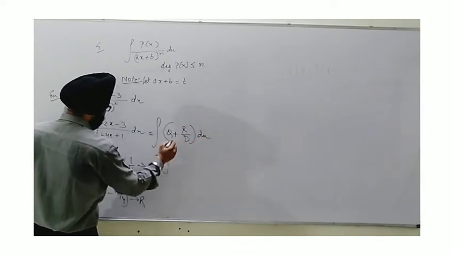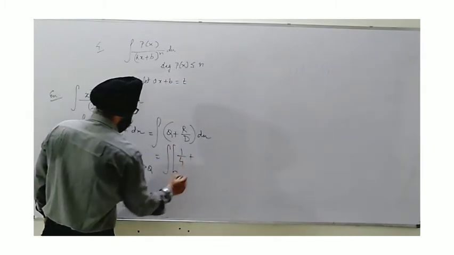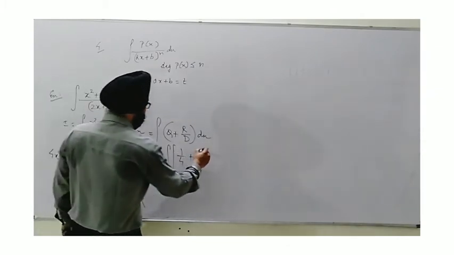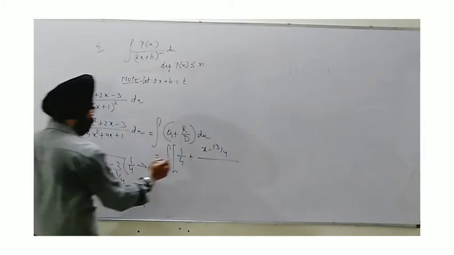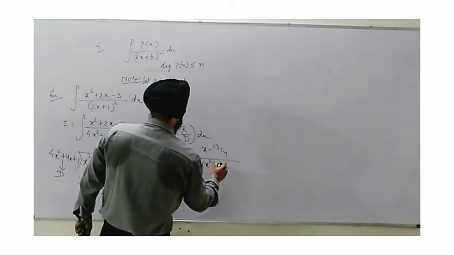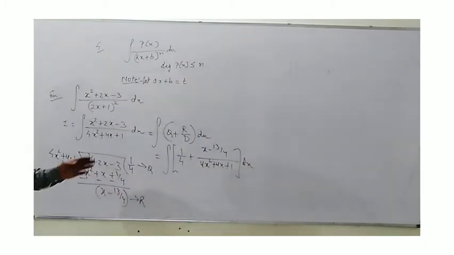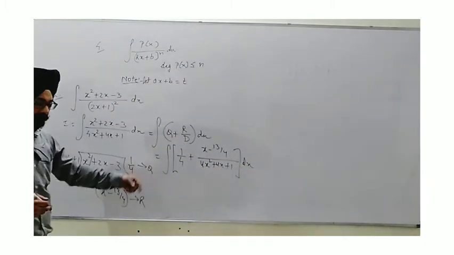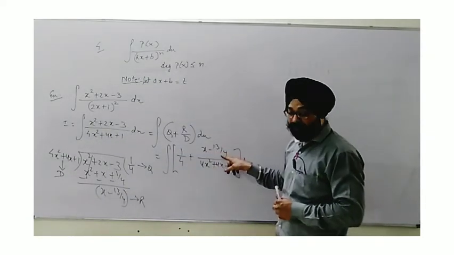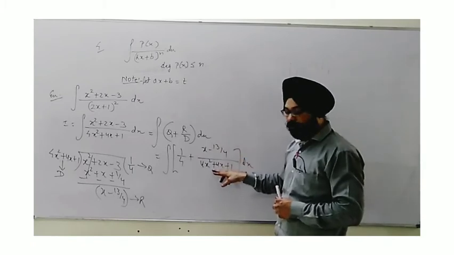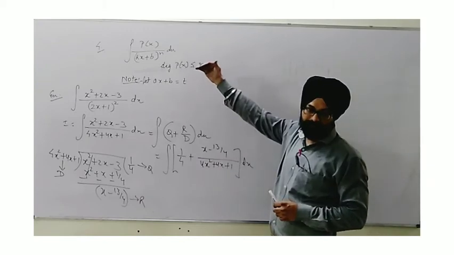So following this pattern, we have the quotient as 1 by 4, plus the remainder x minus 13 by 4, divided by the divisor 4x square plus 4x plus 1, dx. Now how to operate? As is obvious, we have to take them separately. Both of the terms we have to separate. This becomes a standard form where there is a linear polynomial in the numerator and a quadratic one in the denominator. But still, how to operate this using whatever we have seen so far.